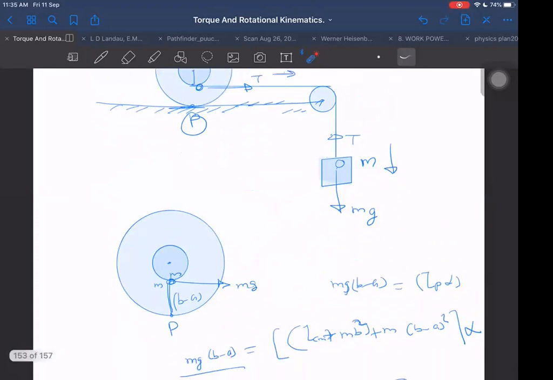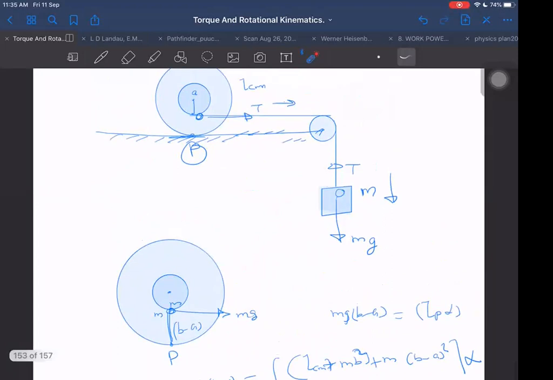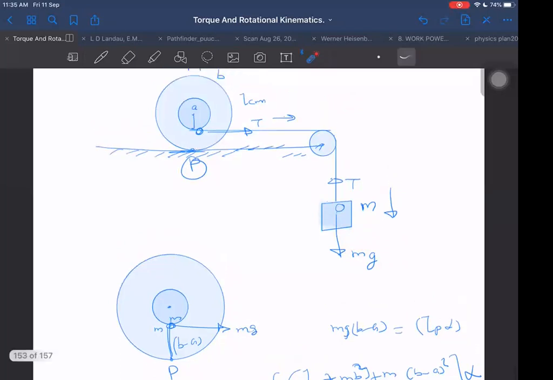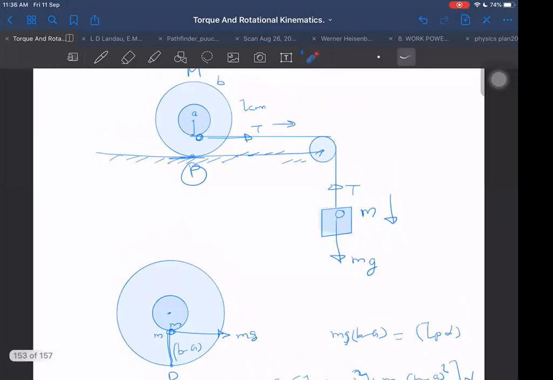But I have seen the things, and I know that by this also we can do it, and we will be getting the same answer. As far as the torque due to mg is concerned, that torque is cancelled by the normal from here, so there will be no effect. Otherwise also, torque about point P due to this normal and this mg will be 0. So even if I keep it here, torque due to this mg is 0. So no changes there because of this. It is the same situation as before. I have 100% faith in this method also. But for those who are not developing that faith, it is better to do by the normal method.